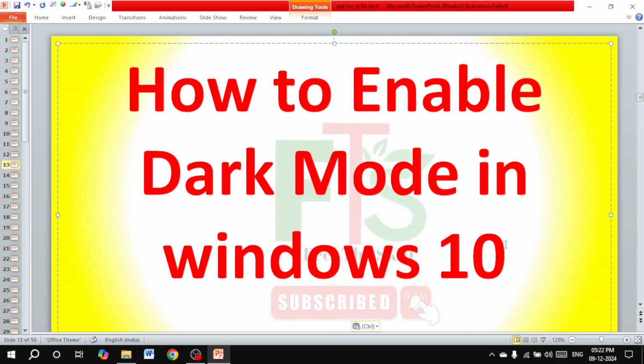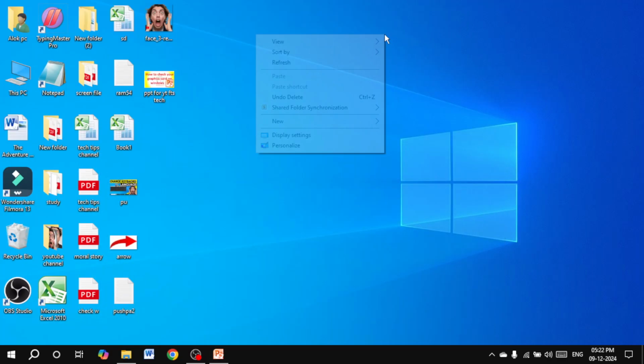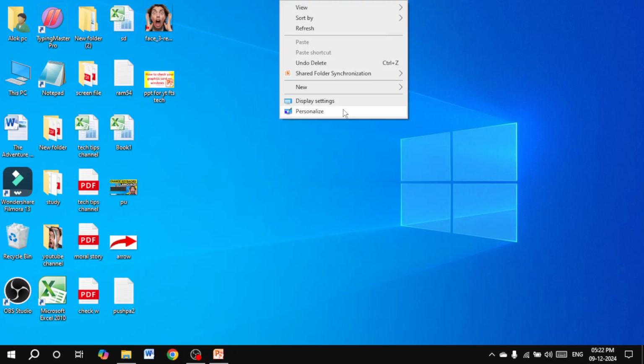How to enable dark mode in Windows 10 or 11. So let's start. First of all, right-click on the empty screen, then click on Personalize,